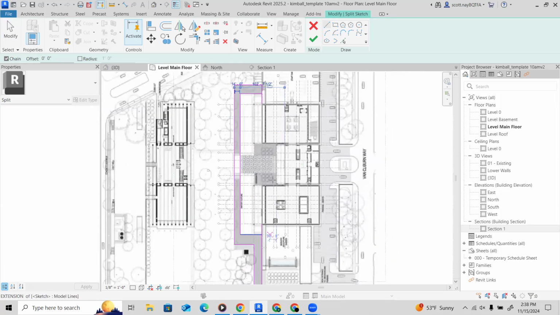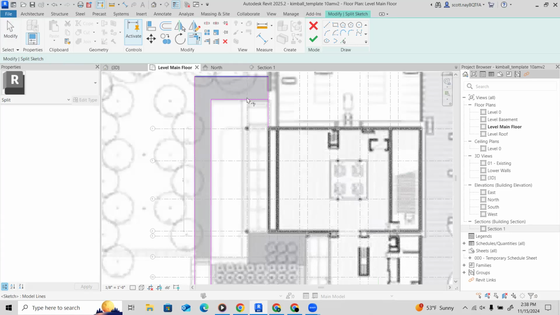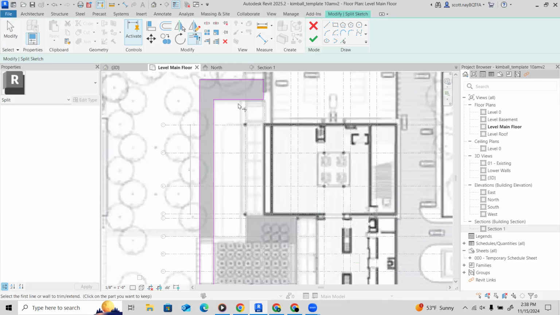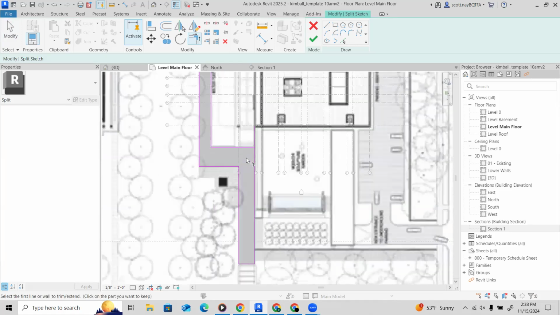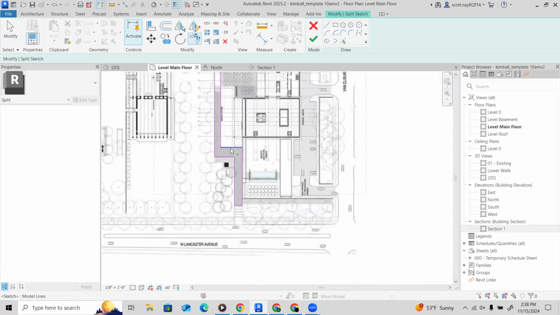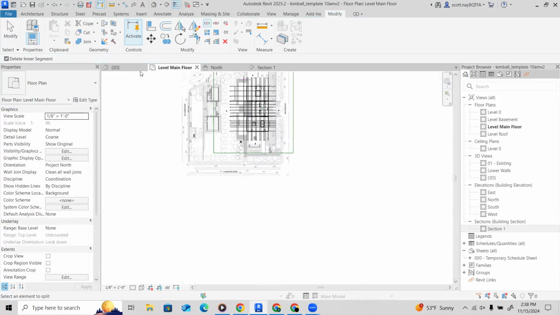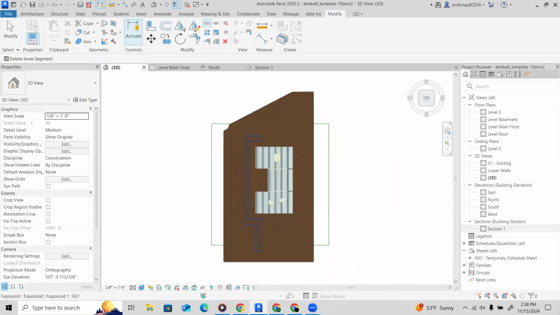All right, I need to trim this a little or I'm going to get an error message. So because we have this extending beyond, I'm going to trim here to here. Same thing down here. I'm going to trim here to here. And now I won't run into an error message. I'm going to click OK. And now if I go back to my 3D view,